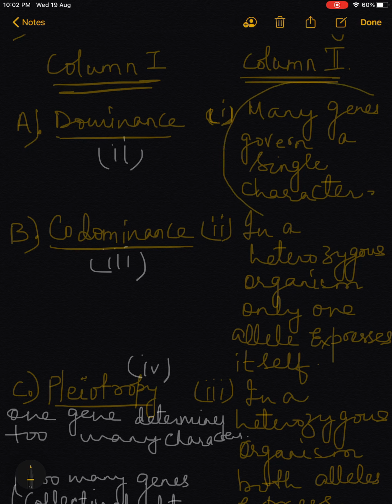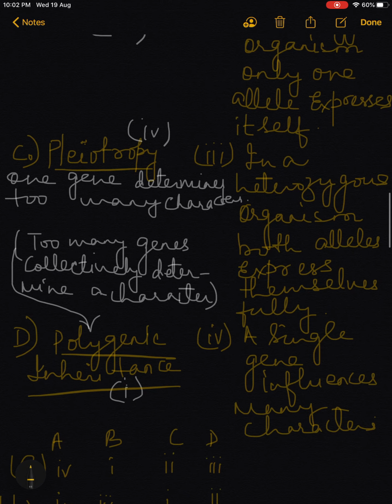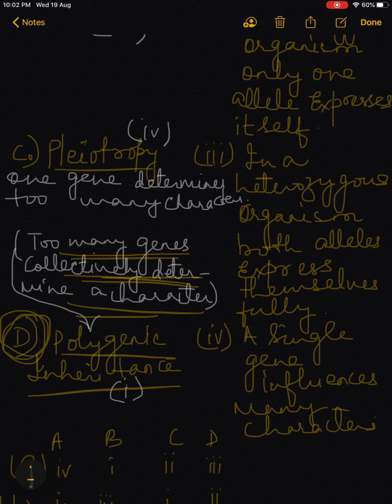Now when many genes govern one single character, then it is an example of polygenic inheritance. So polygenic inheritance is when many genes collectively determine one character, like human skin color.